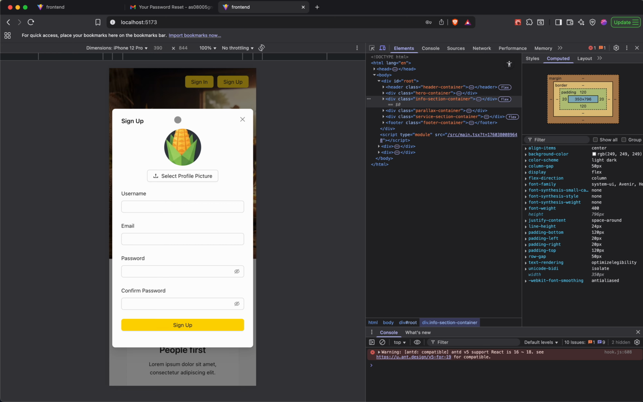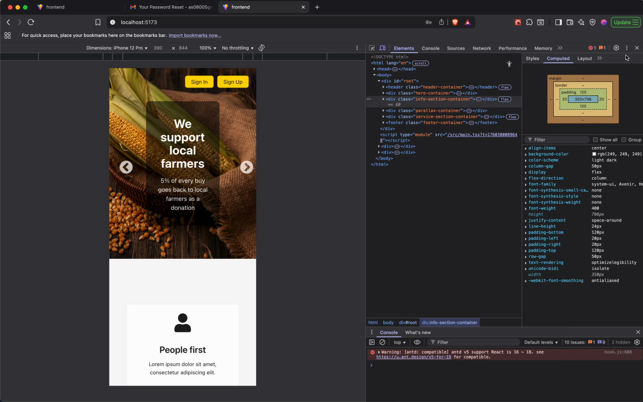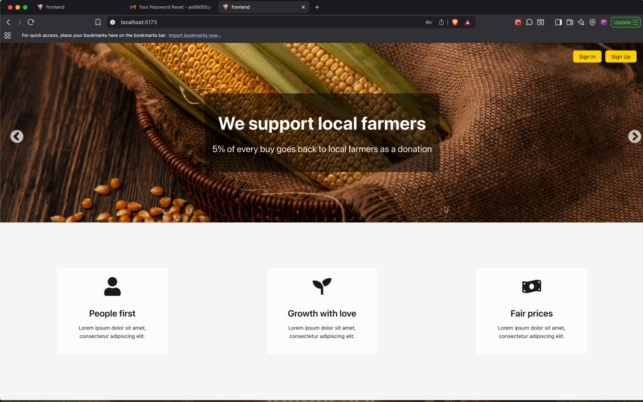By the way, this is the default image. If you don't send an image and you just fill all the other fields, it will place this as your profile image, right? So this is pretty much